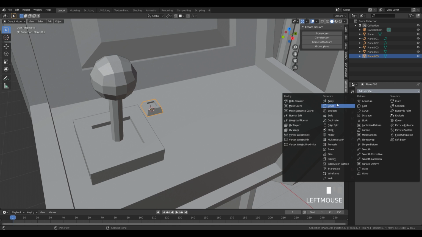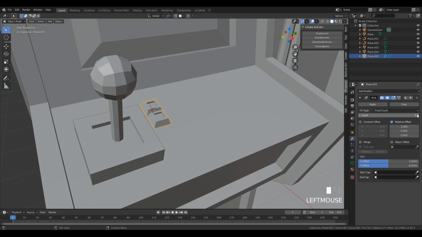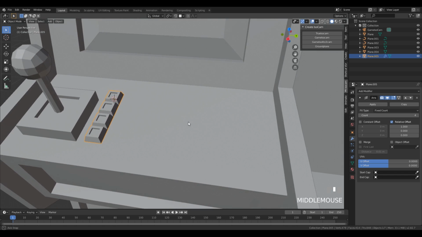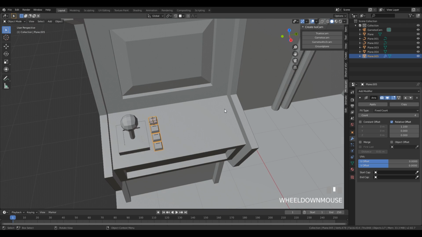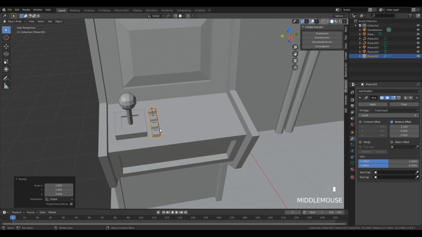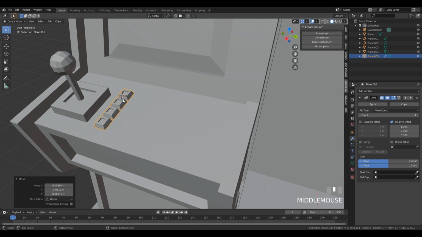And let's try to add the array modifier. Let's create like 3 copies of the object, and maybe set the offset to 1.1. Let's try to scale it up, and I think this will work nicely. So you can again press G, by holding Control you can snap it here. And if you want to have it as a part of this object, you can always apply the array modifier